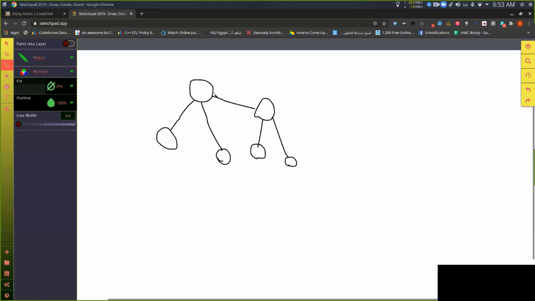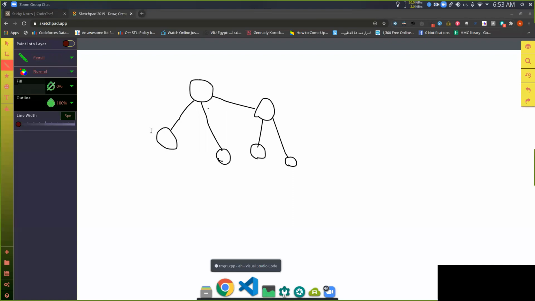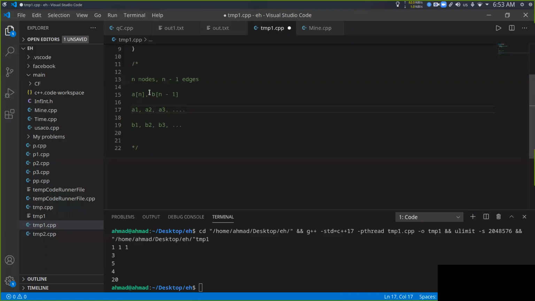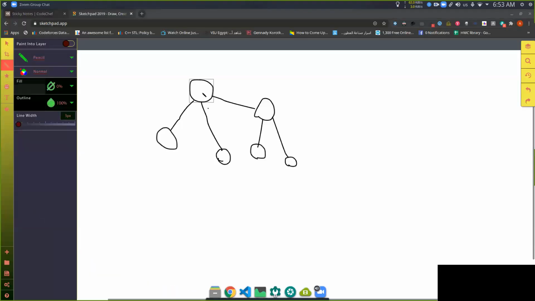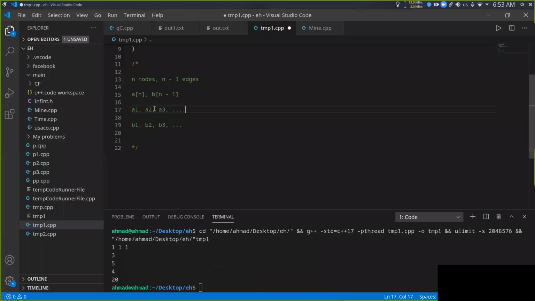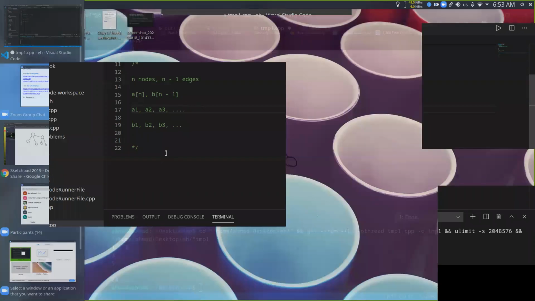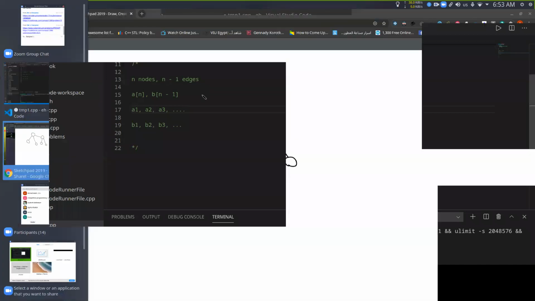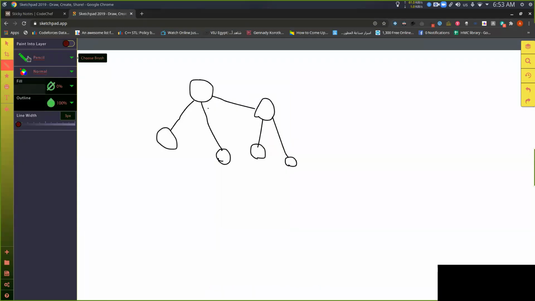So let's have an empty tree here, and we have two arrays that have the values of A and B, and what it means by ordering the array as we want is the same thing as putting the values as we want in any spot we want, right? Because